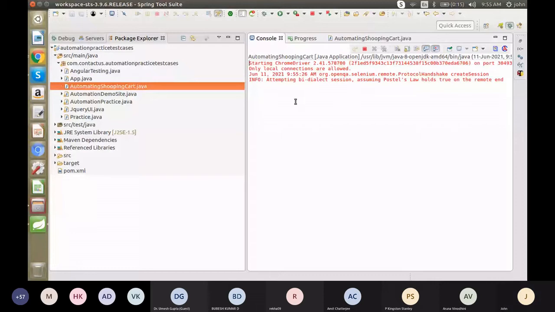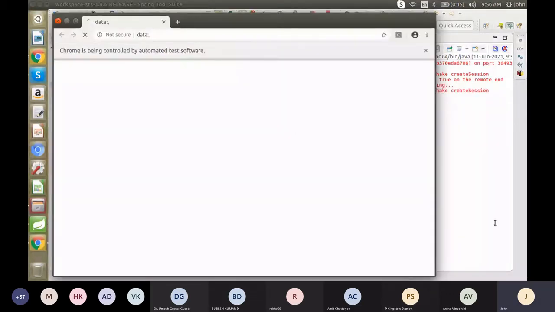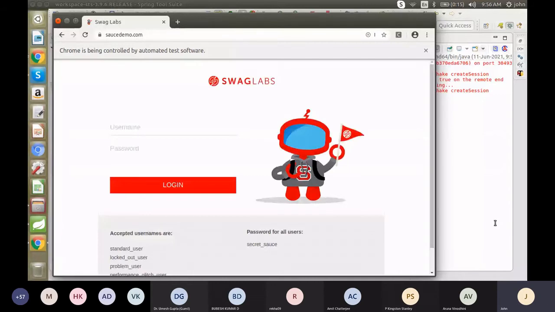Yeah, now it is loaded. Yeah, okay. It has also entered the username and password. So it will go to the login page. I think it is closed.